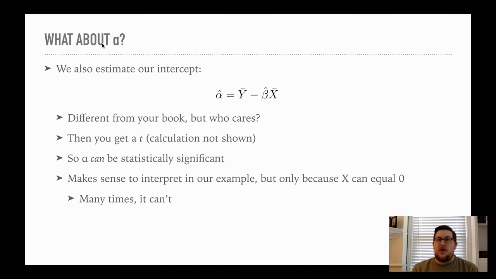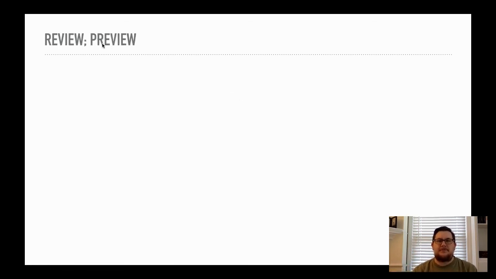In fact, when you start adding in multiple independent variables, you interpret the alpha as what y is equal to when all the independent variables are simultaneously equal to 0, which is usually impossible, if not very unlikely. So we almost never interpret the intercept. Mathematically, it has to be there. We have to report it. We report it like another variable. We just say constant or intercept, and then we list it. We list the estimate of it, like we would list our regression coefficient, and then we list the standard error for it, and then we say whether it's significant or not. But in the text of the paper, you never interpret it.